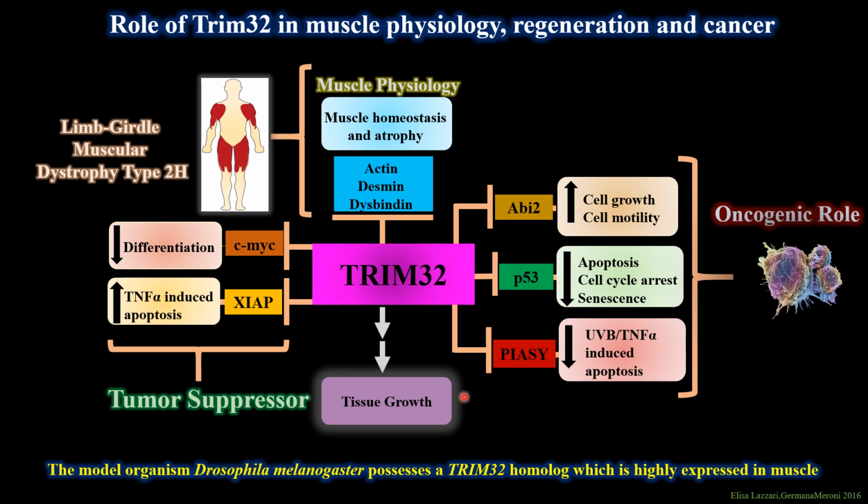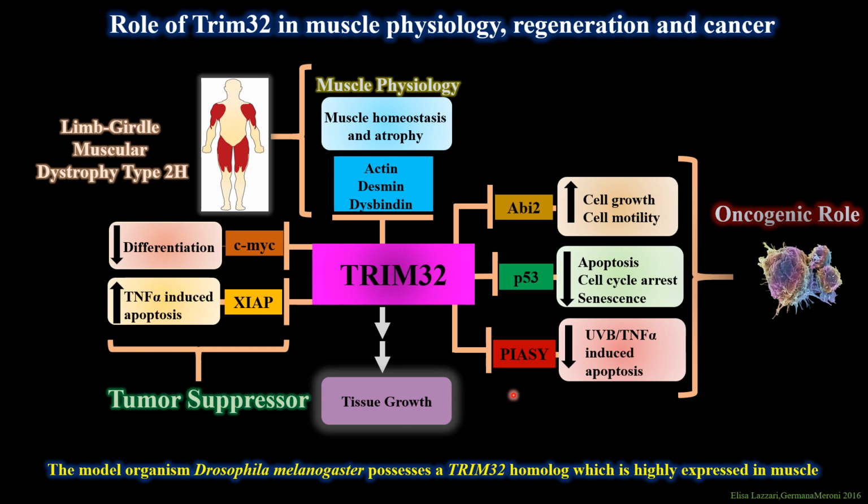For example, under normal cellular conditions, TRIM32 can polyubiquitinate c-MYC and XIAP, which is an inhibitor of apoptosis, and can induce apoptosis, or cell death, and also control the differentiated state of the cell. In a way, it acts as a tumor suppressor. However, under abnormal cellular conditions, such as in cancer where TRIM32 is overexpressed, TRIM32 can polyubiquitinate tumor suppressor proteins like ABI2, P53, and PASI, and can cause an increase in cell growth and reduction in cell death,